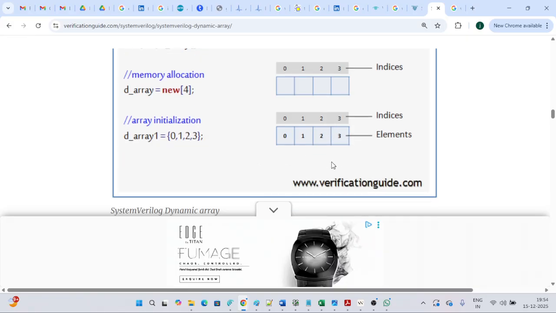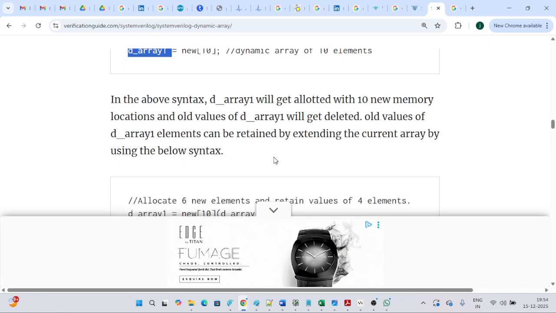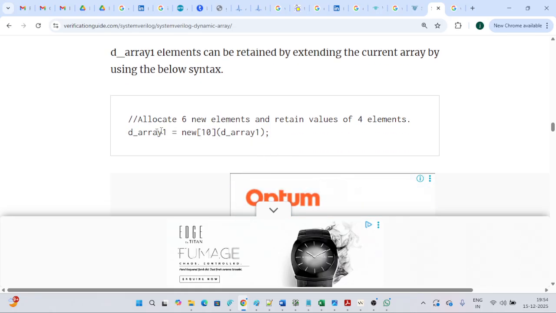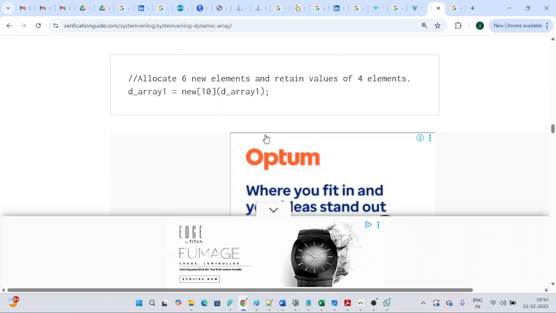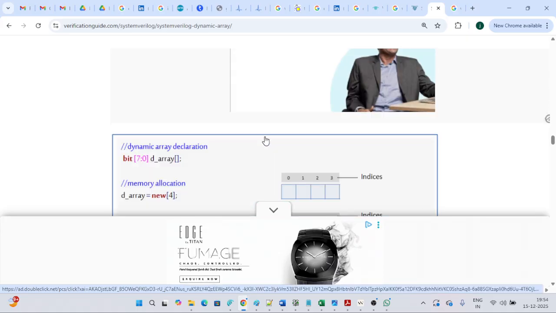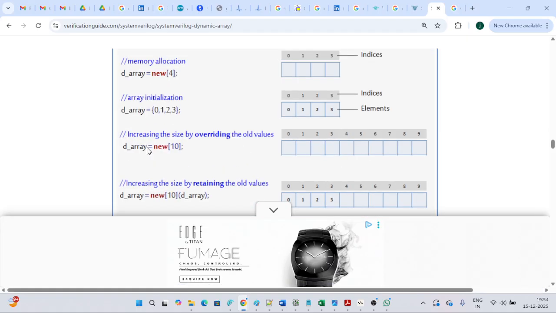Whenever a new allocation happens like this, its previous values will become 0. To avoid that, we need to use one more syntax: new of 10 with the same variable within the brackets, d array 1. So its previous values will be retained. See here, whenever you do d array new of 10, initially memory is allocated for how many locations? 4 locations, 0 1 2 3. And in array initialization, how many locations are you initializing? All the locations, 0 1 2 3. You are initializing the values in memory and increasing the size